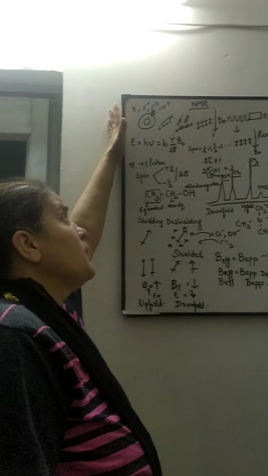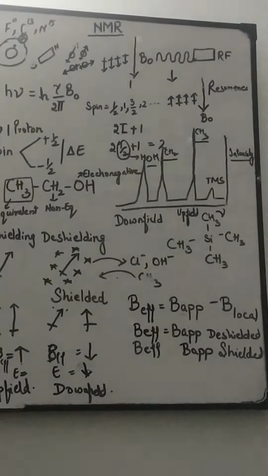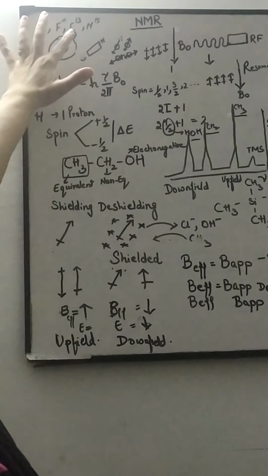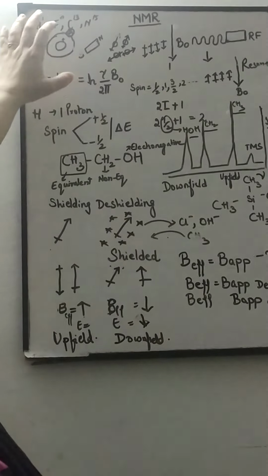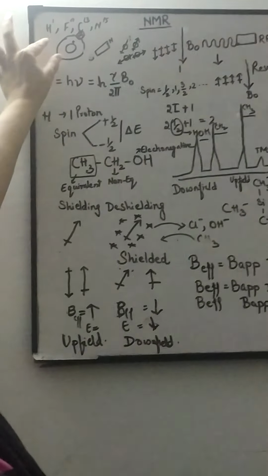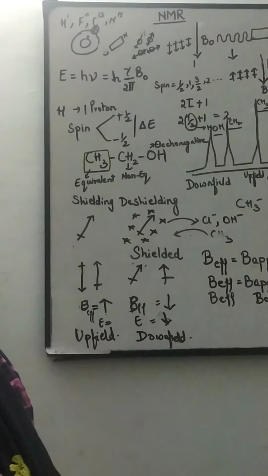Today we will be talking about nuclear magnetic resonance or NMR. We know that whenever any electric particle is moving, it also generates a magnetic field. And we know that all atoms have electrons which are moving around a nucleus which has positive charge due to the protons, and neutrons which balance it.